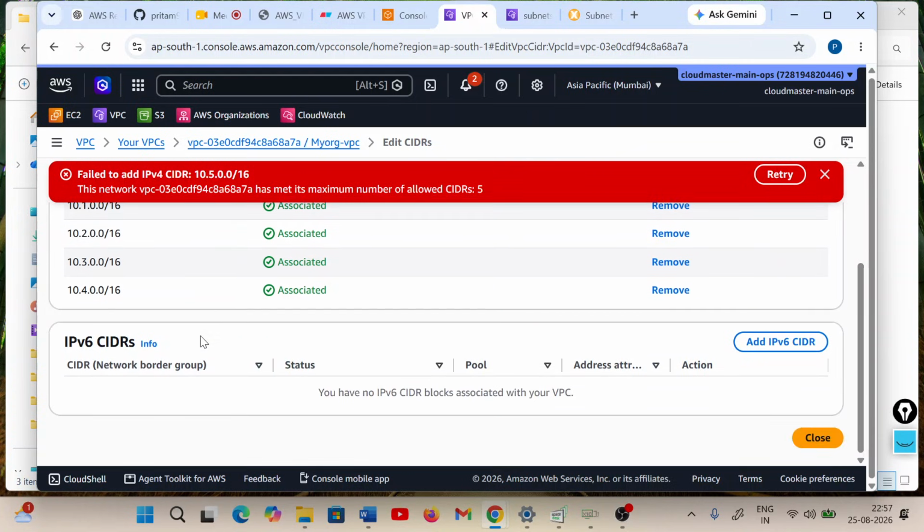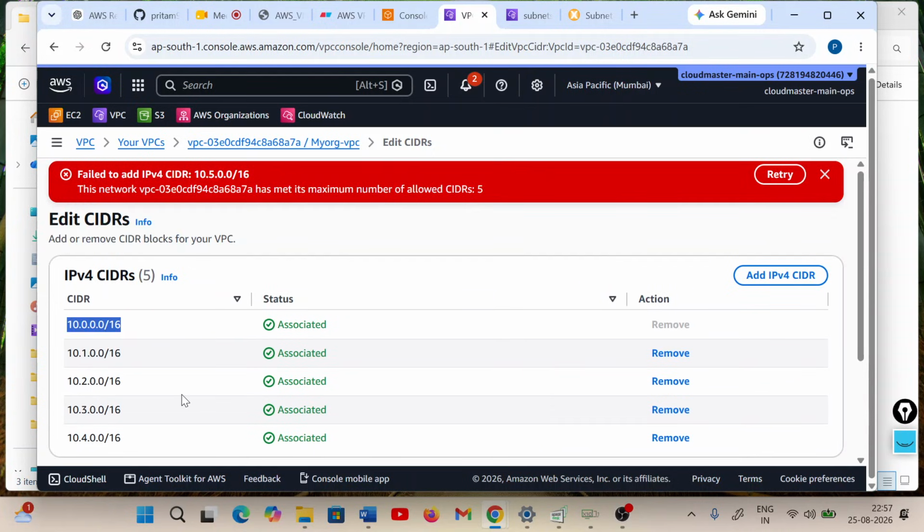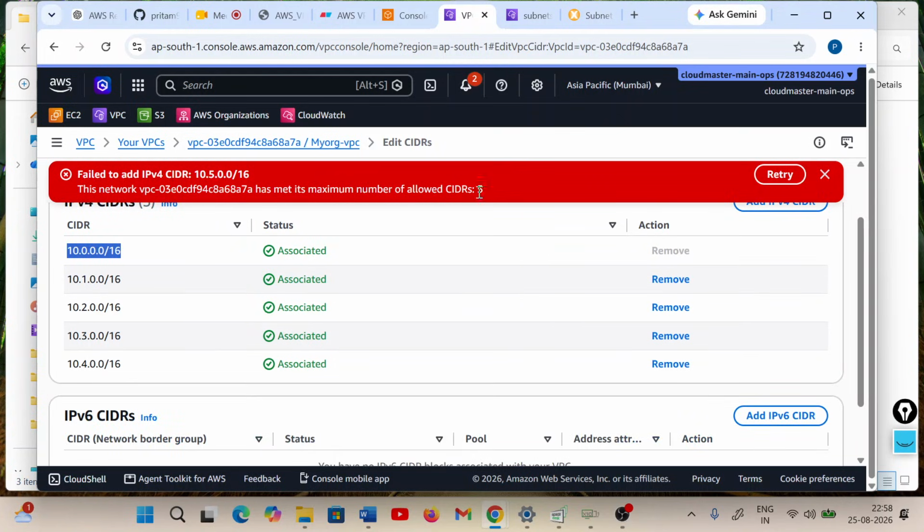Yeah, I think there is an option to switch this one to primary and this one to secondary. Yeah, I think so. There must be. So okay, now see, when I try to add this for the sixth time,